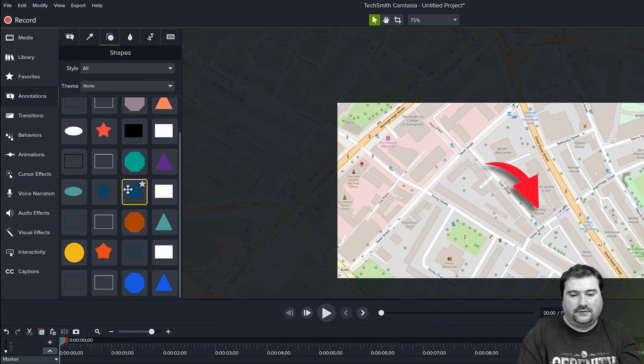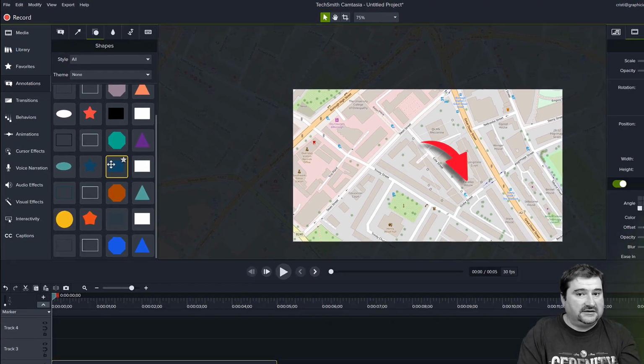But the arrow and the graphics, you can do it like this. And if you think about it, you can combine all of these elemental graphics, elemental shapes into more complex shapes. But it depends on your project. So when you think about what you might need in your project, if you can achieve it from basic shapes, then you can do it in Camtasia natively.